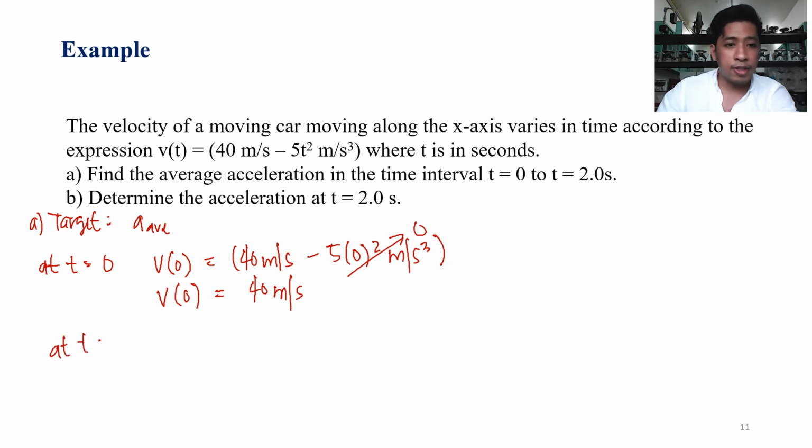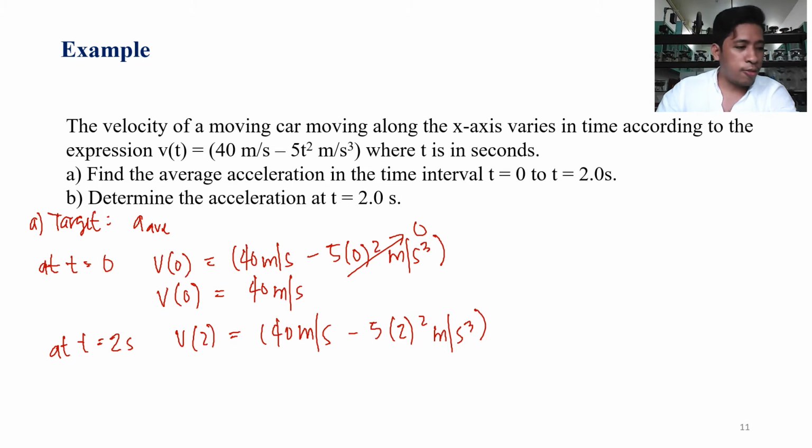At time equals 2 seconds, your v of 2 is equal to 40 meters per second minus 5 times 2 squared meters per second cubed. Solving for this problem, your v of 2 is equal to 20 meters per second. Thus,